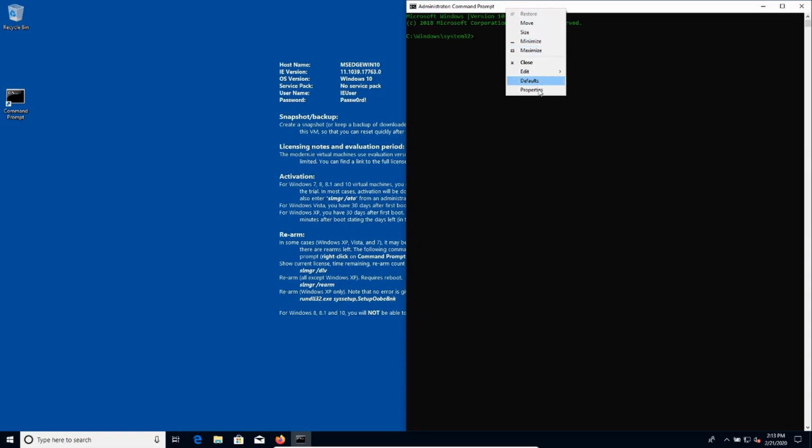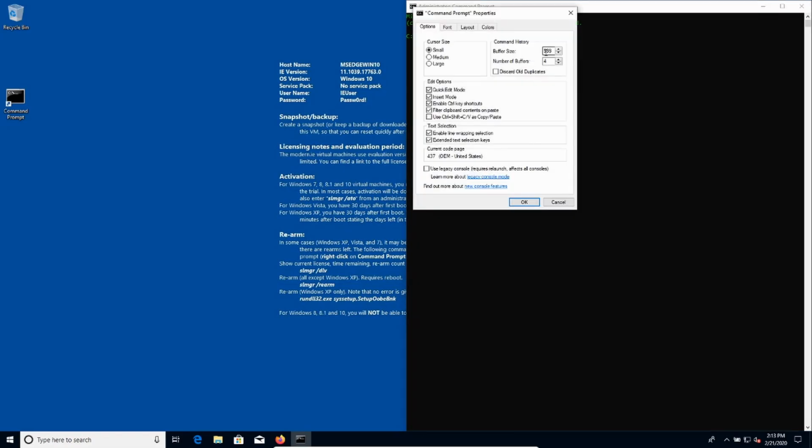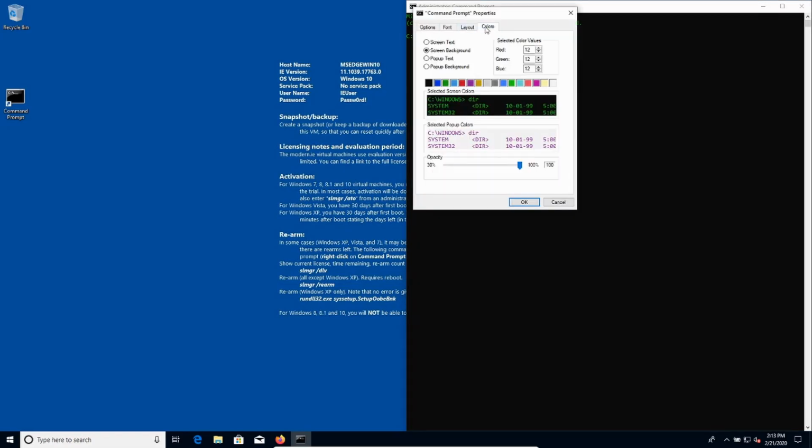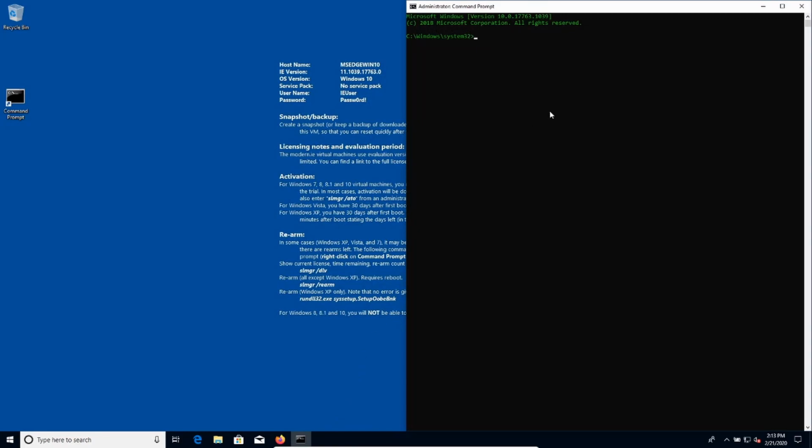So you can do a couple things in here. You can change your colors. You can change your background to whatever color you want, but I like the black and I like the green text. That's just me. Everyone has their preference. So first command that I'm going to go over today is